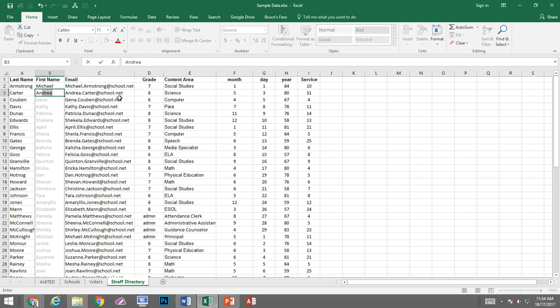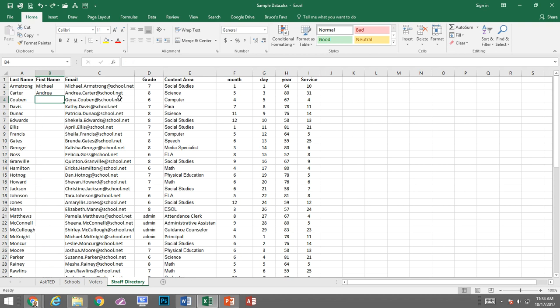That's a flash fill. If I hit enter right now, that flash fill will go ahead and continue down, repeating that same trend, so to speak, to complete the cells for me. So let me hit enter, and it pastes it in there. If I did not want that entered,